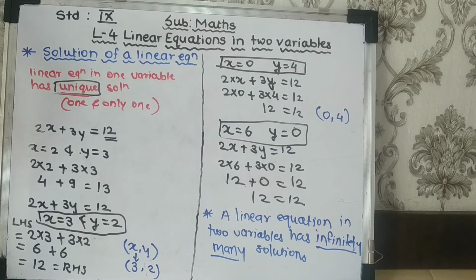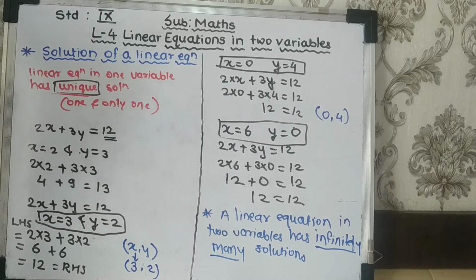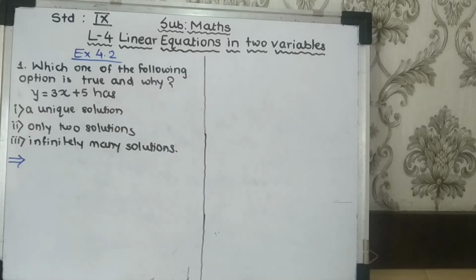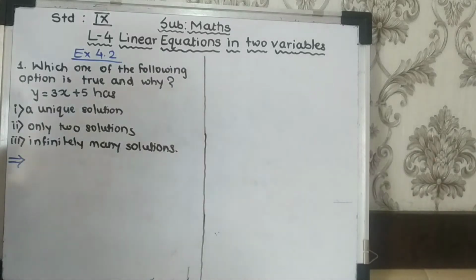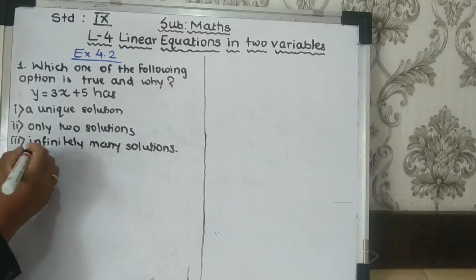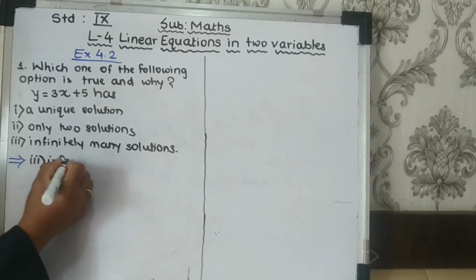What is this one? So let us see exercise 4.2, very first question. Which one of the following options is true and why? y equals 3x plus 5 has, we are just going to pick one correct option, right? A unique solution, only two solutions, infinitely many solutions. What do you think? Which option will be the correct one for this equation? Here the third option is correct. What is that? Infinitely